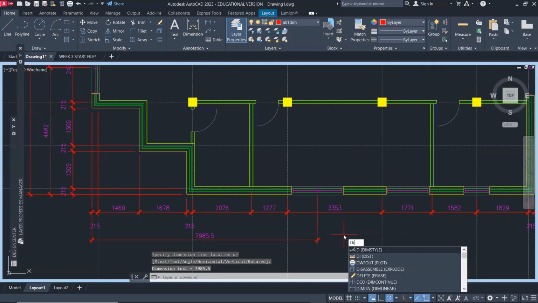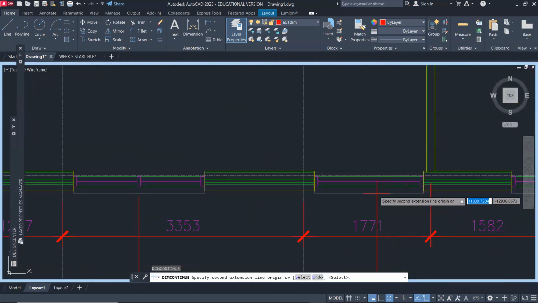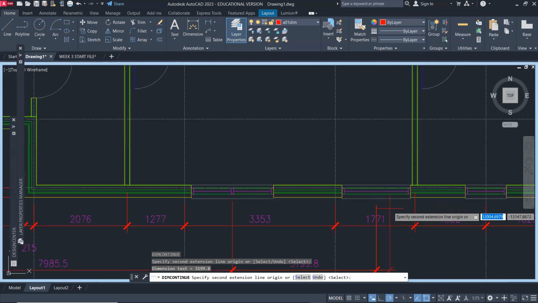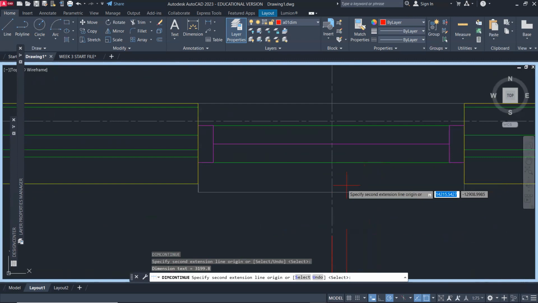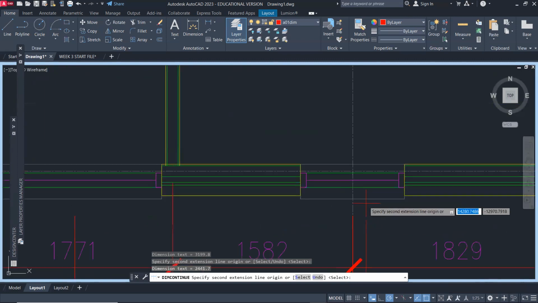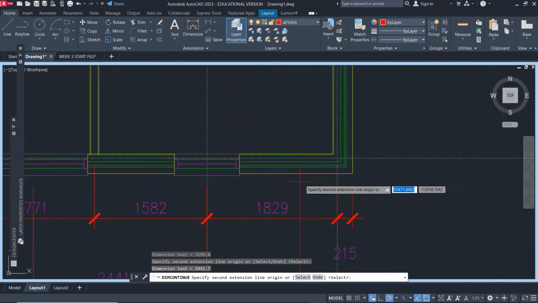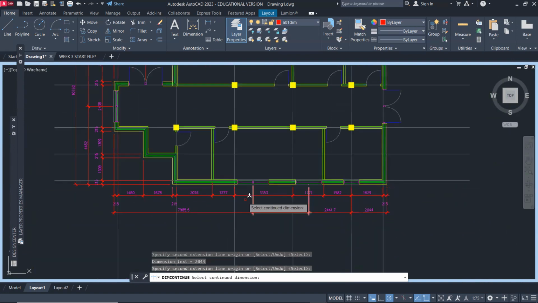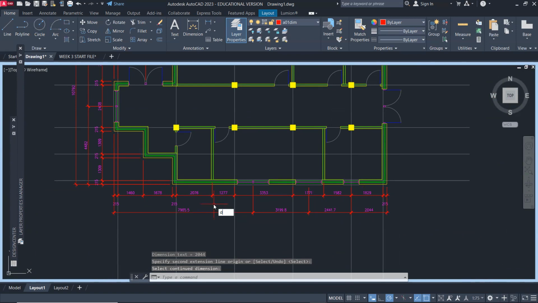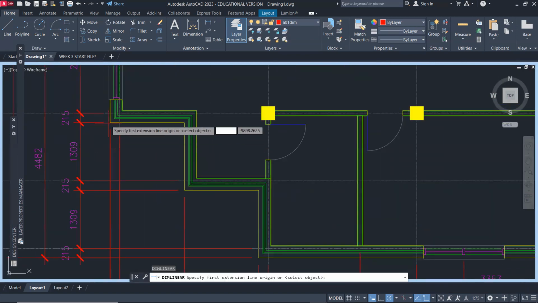Okay, and then DI, dim continue to the center of this opening, and then to the center of this opening. Now, it so happens that they coincide, so that's okay. And then to the edge. And then lastly, we'll do the overall dimension. So DI, dim linear,